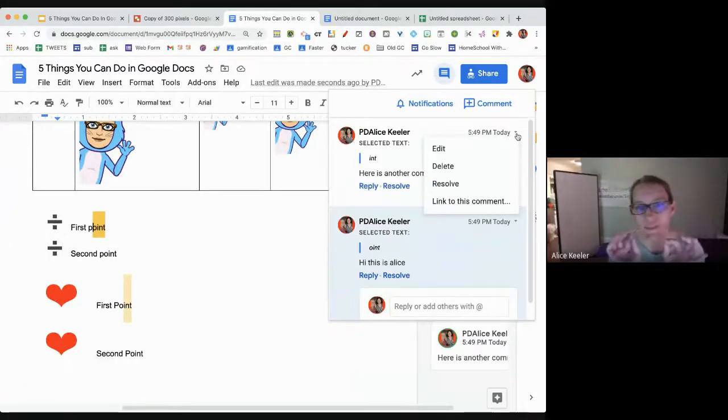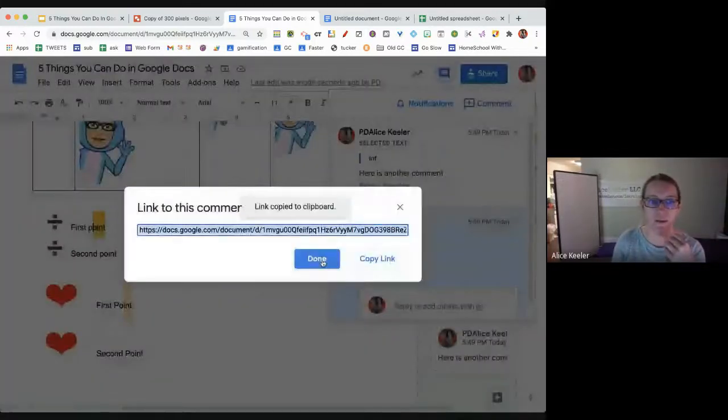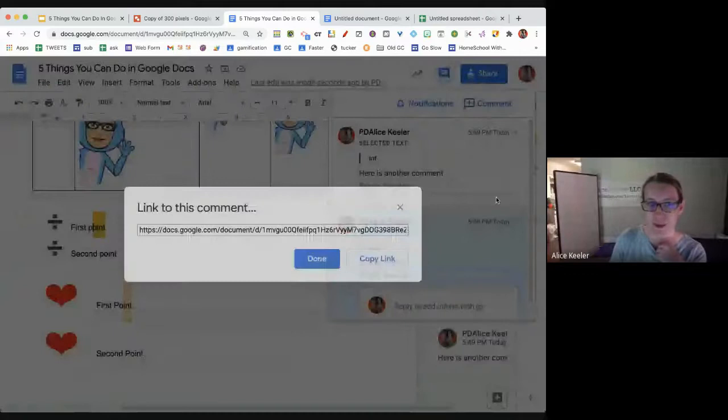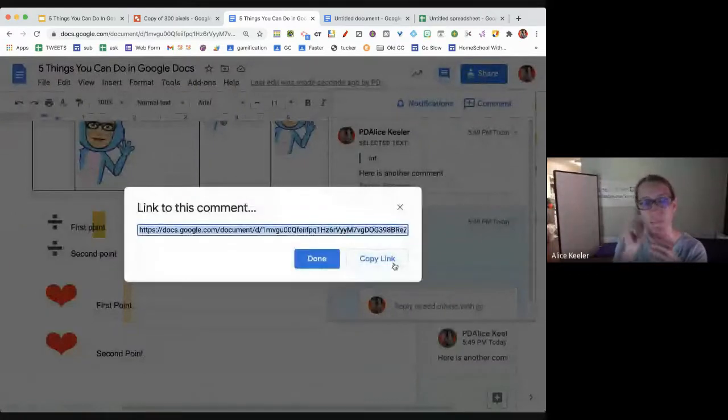If you click on the very tiny triangle next to the comment, you'll notice it gives you options to edit the comment, delete the comment entirely, resolve the comment, or link to the comment, which I really like. So when I give a feedback comment in the document, I'm like, they're never going to see that. So I click this little tiny triangle, link to this comment, copy the link, and then I paste that into